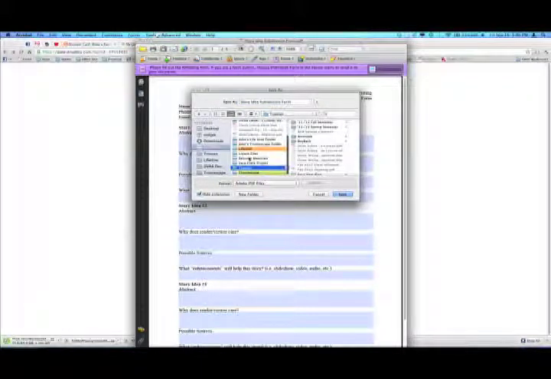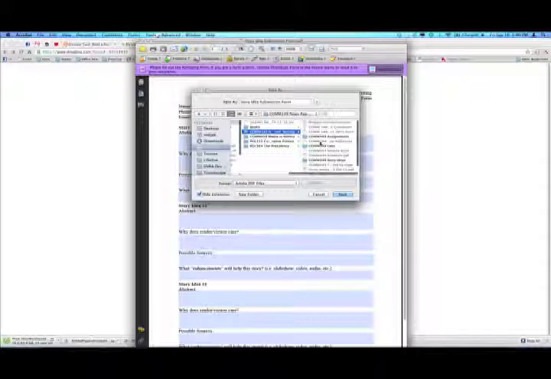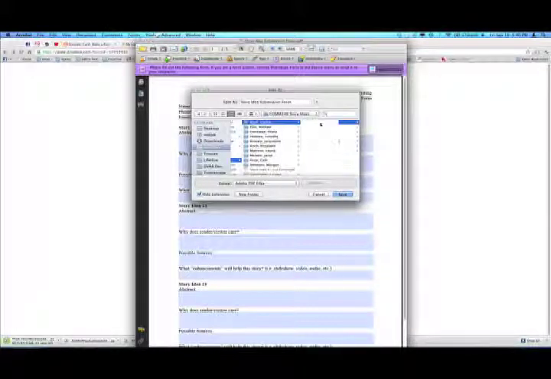Now keep in mind, I have a lot of different folders going on because I use Dropbox a lot. But you would find that COM 349 News Reporting and Writing Story Ideas folder, that's a shared folder, and then you'd come into your folder. Let's say we'll use Caitlin Blatt for example. I'd come into my folder here if I was Caitlin, and I'd want to save my story idea submission form